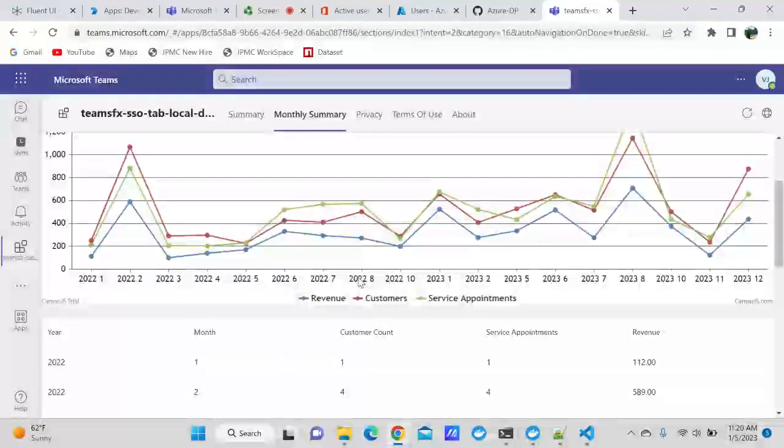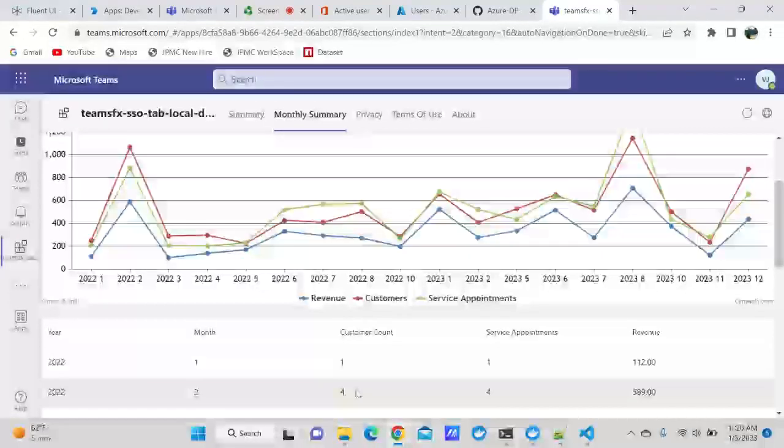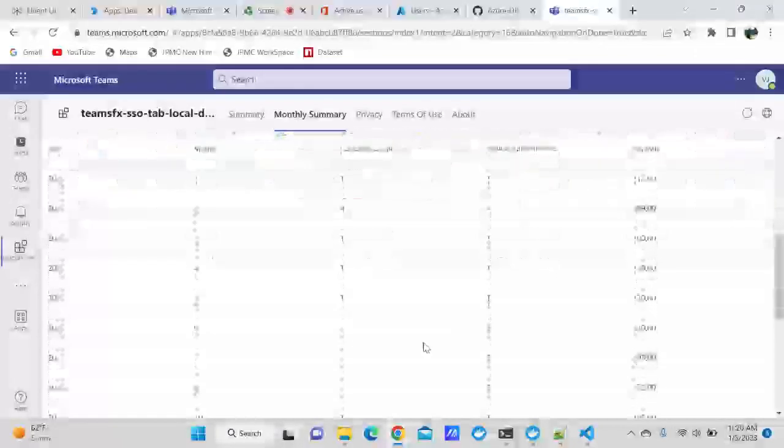So you will see fake data, and if you see, it's just one customer, but then I'm showing a lot of customers here. That's okay, it's fake. And the revenue is correct, and service appointments also, the number of appointments you got. So it's here 4, but it's also fake. Increased it quite a bit, right? So if you see here 22 to 1, I'm to 250, but actually it's just randomly multiplied by something. And then if you go here, it jumped up to like 1,000 something, but you can see there's only 4. So it's multiplied by 250 almost, I would say, right? Try to make it random, but